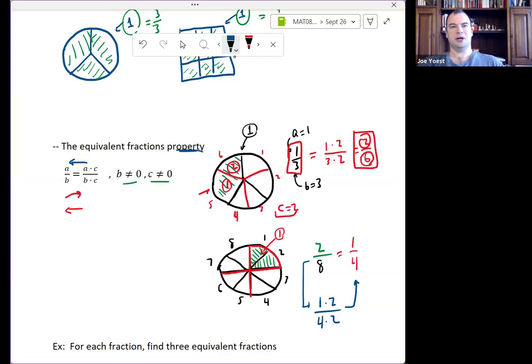As always, we start with a model to get some gut feeling, some intuition. But if I had, whatever, 42 over 76, I don't want to draw a circle with 76 slices and 42 slices filled in. That's going to take forever, right? I want something that's going to generalize a little better to problems with larger numbers. For instance, here I would see that 42 is 21 times 2, and 76 is 38 times 2. And I see that I could do the same kind of thing. I didn't have to draw a picture. I was able to lean directly on the algebraic property.